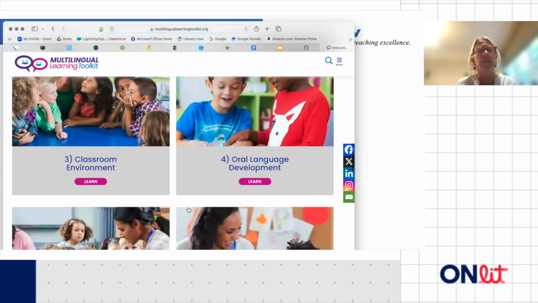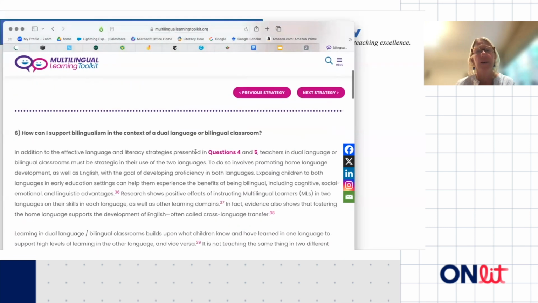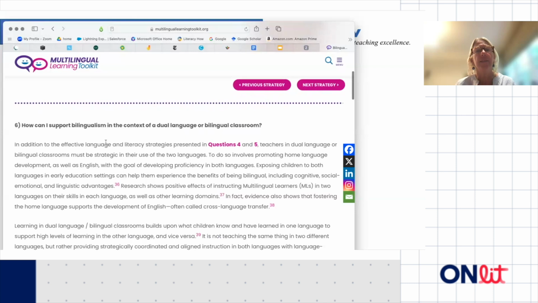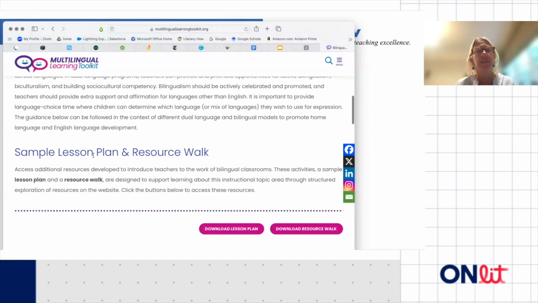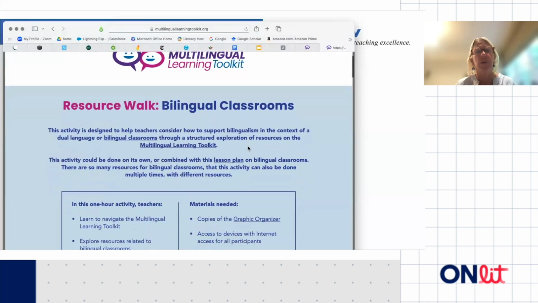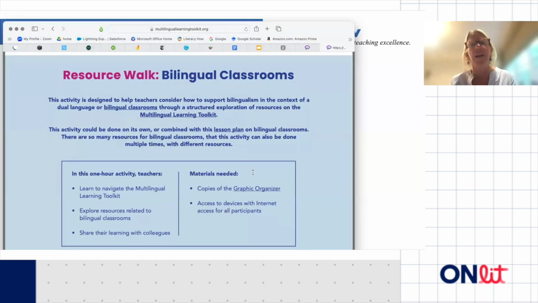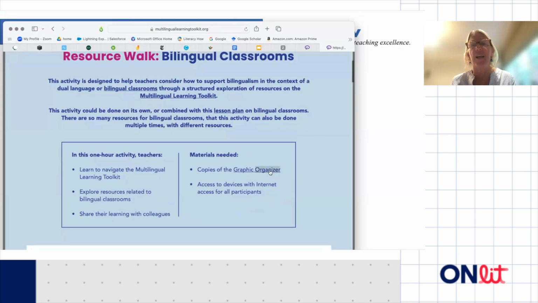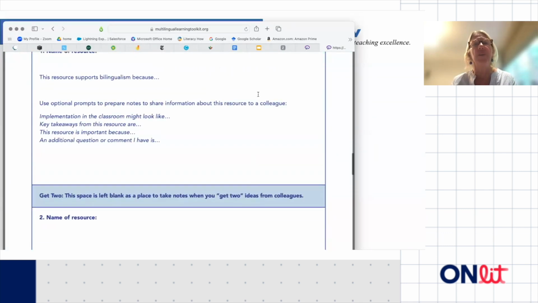But what I noticed when I looked at this, and I looked at it again this morning, let's look at this. It has these questions that are answered, and then it has a lesson plan and resource walk. So it kind of helps you go through where the materials are for any number of things. I haven't, like I said, taken the time to explore this,